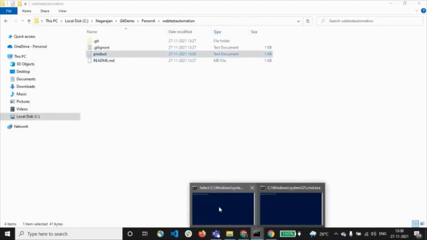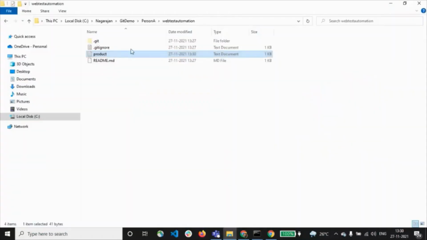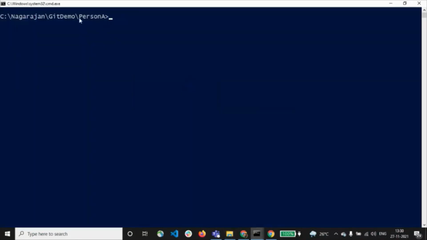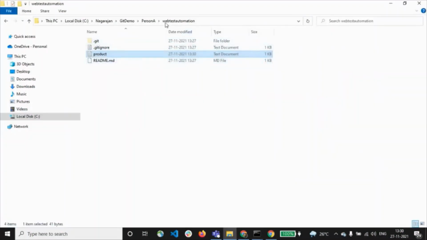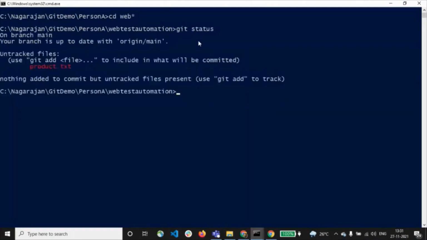Now let's go into this particular command prompt and type git. We'll have to traverse till web test automation. Let me put cd web star, so it gets here, and we'll put git status.